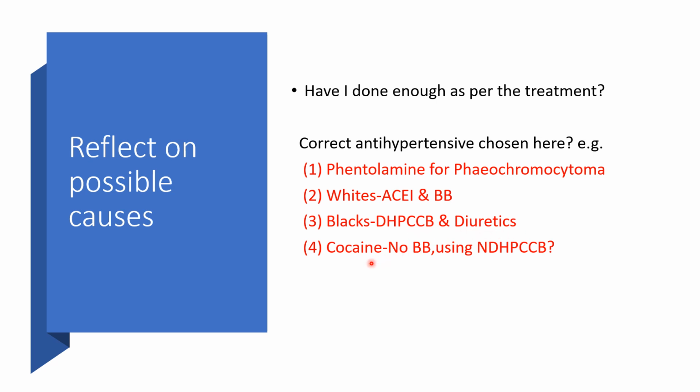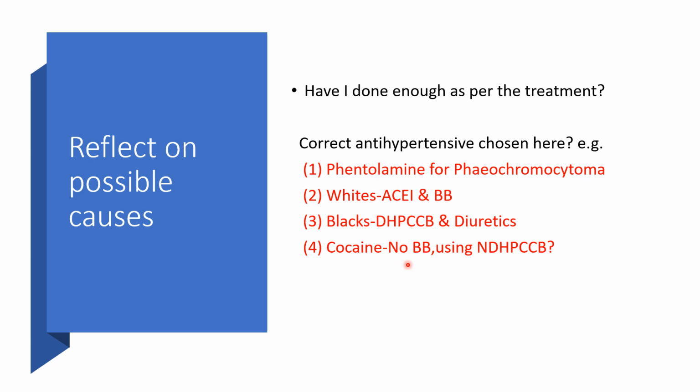In cocaine, you are not going to win if you give beta blockers and think you are treating the hypertension. No way, you are not going to win. That BP will be skyrocketing because it's like two people are fighting. You are holding the hand of one, and the other one is free to keep throwing punches. So alpha will start working and shooting the BP off the roof when you give beta blockers in cocaine-induced hypertension,